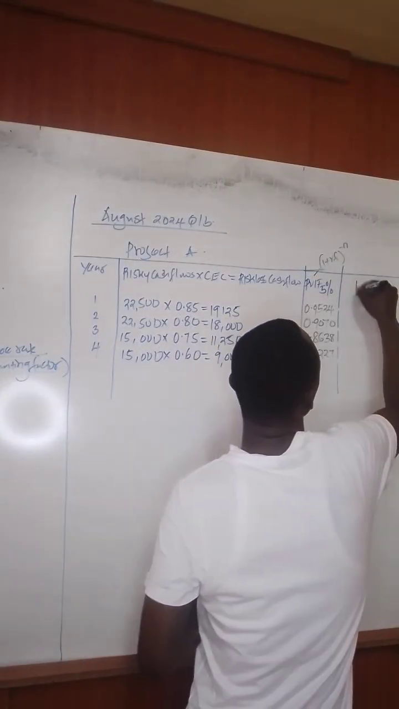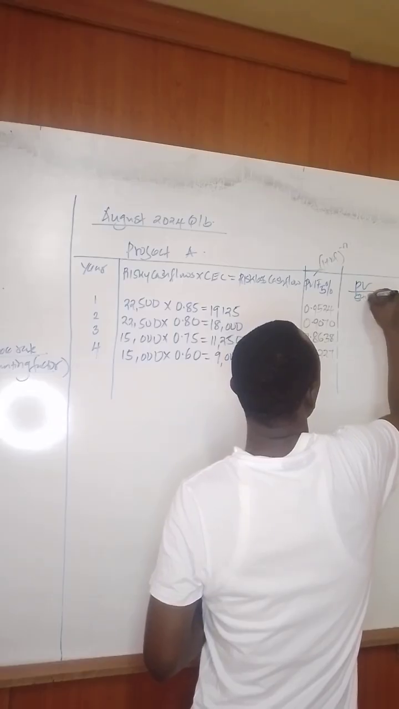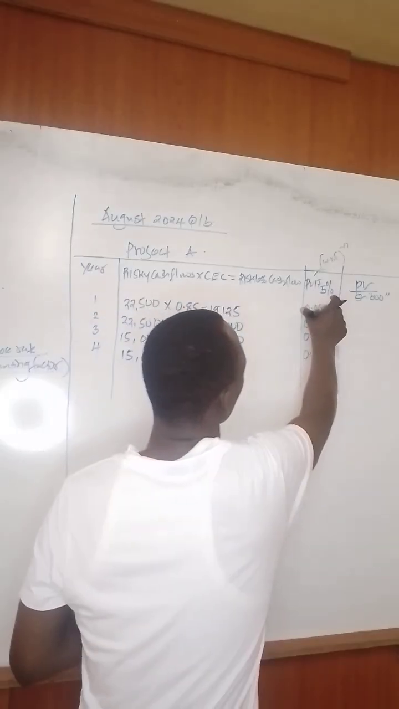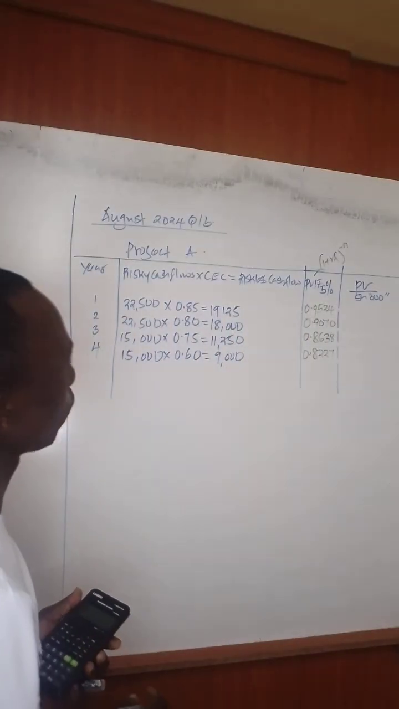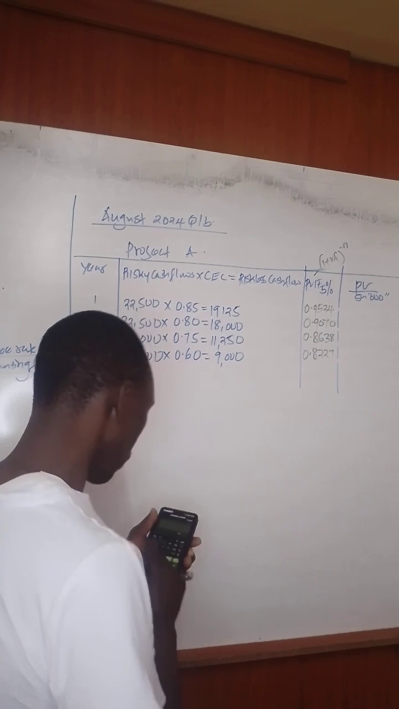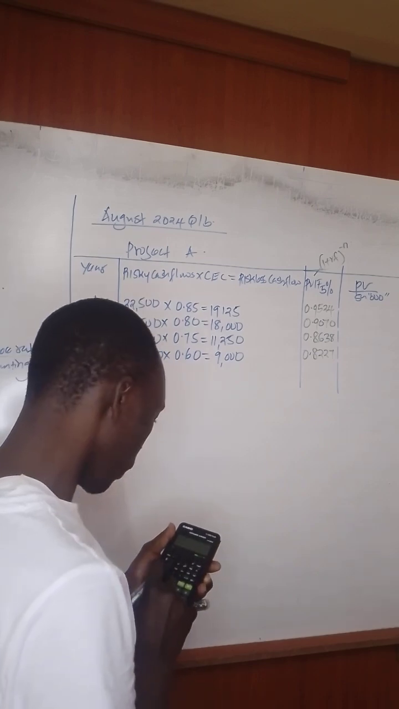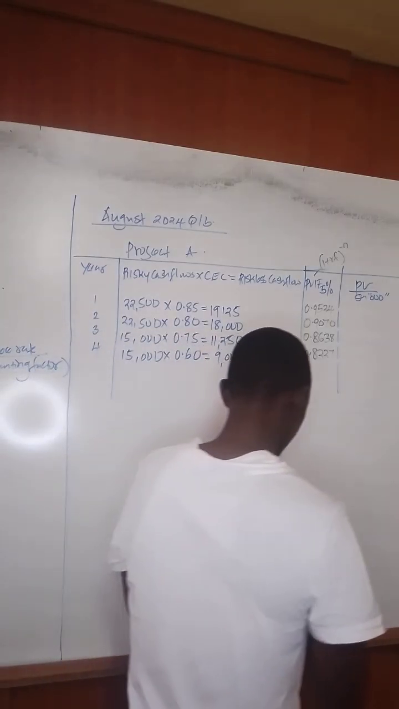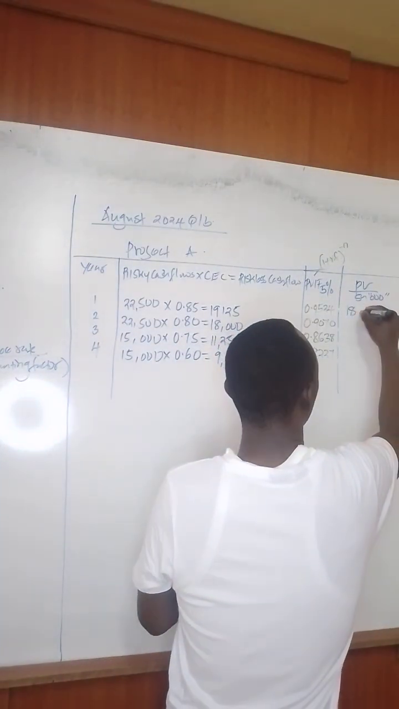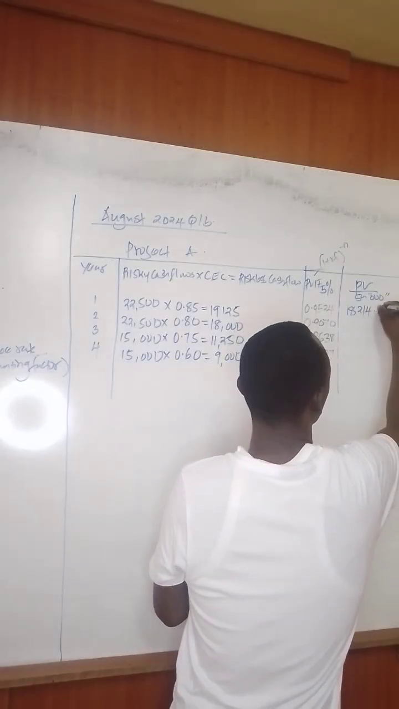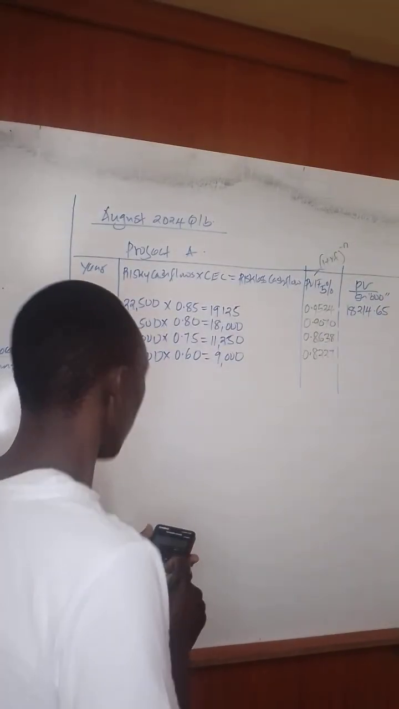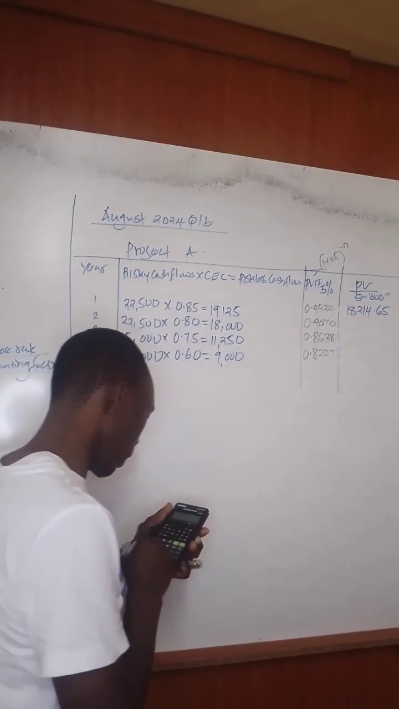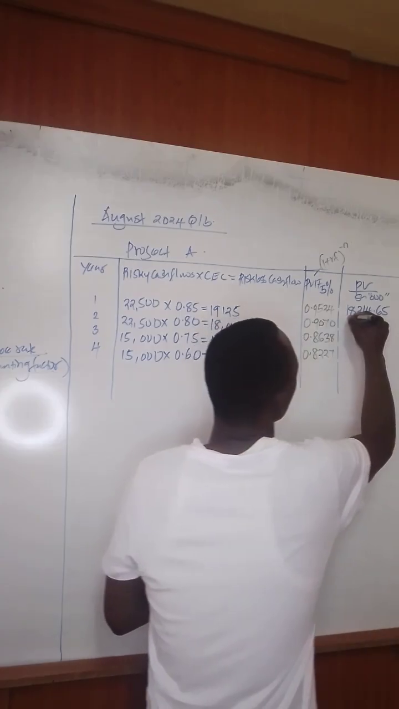So the present value, remember the examiner had given us our shillings in thousands. So you will be taking the riskless cash flows, then you multiply by the present value interest factor. So the first one will be 19,125. You multiply by 0.9524. You will get 18,214.65. Then the second one will be 18,000. You multiply by 0.9070, which will give us